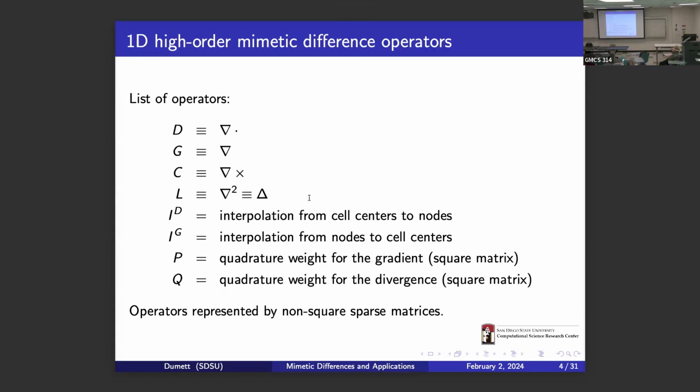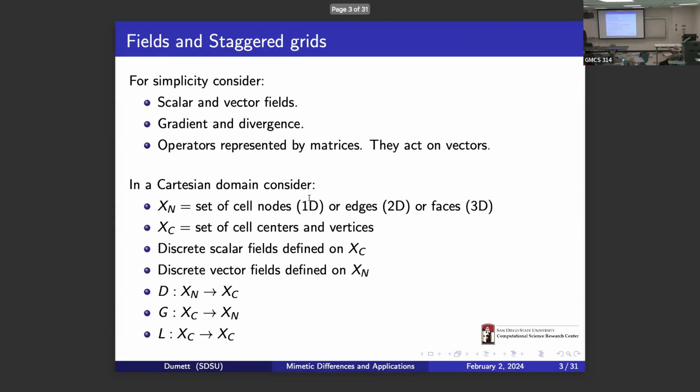Okay, so may I make a comment? You said operators are represented by matrices, and they act on vectors. Are we talking in the computer, or in a vector space? No, I am talking now in the discrete. Yeah, but when you take a 3D and make it into that, that's called an array, because that thing doesn't have any direction or anything. Yes, but the operation is called vectorization. Ah, for that reason, I call it that.